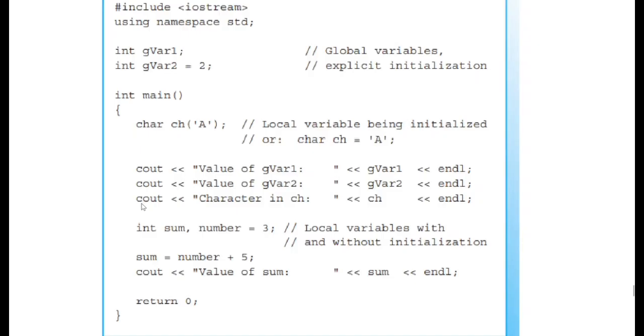Okay. So speaking of our char variable, we've set the data type as char, so we know it's a character, and then we name it ch, and we store the capitalized A value. That we know is a local variable. So next we have here the following lines, which actually print out the values of those variables. The value of gvar1, and then this will print out, as we were discussing, 0. Value of gvar2, that's going to print 2, and then the character in ch.